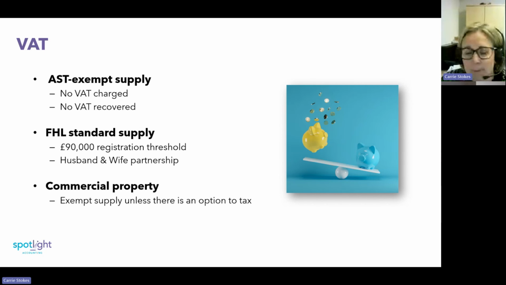Commercial property, these are exempt unless there is what is known as an option to tax. And if you put an option to tax on a property, you can charge VAT to your tenants and recover the cost of the VAT on repairs and other expenses in relation to that property. Now, this again can be judged on a property by property portfolio. So if you've got a large commercial property that you rent out to tenants who are all VAT registered businesses, it would be worthwhile potentially reviewing whether you could VAT register and you can recover the VAT on all your costs in relation to that property.